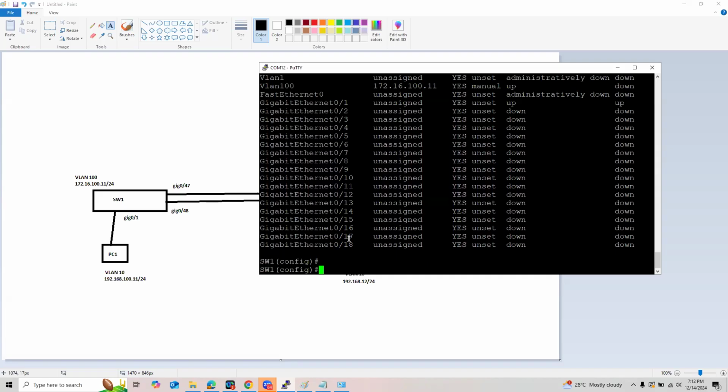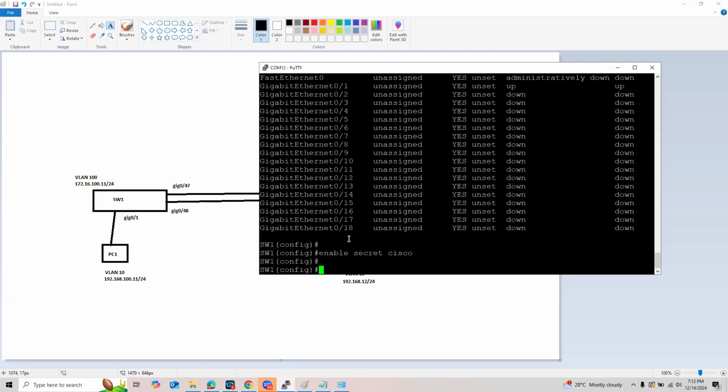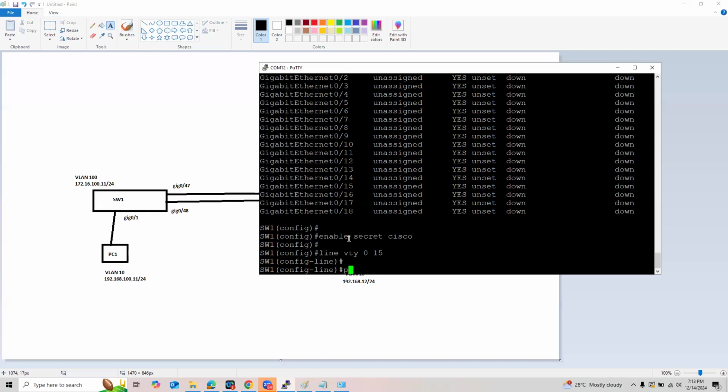So another requirement aside from already having assigned the switch an IP address, you need to have a password, so the enable secret password in place. Let's just make it simple, Cisco. All right. And then another thing is that in the line VTY, the virtual terminal lines, that's 0 to 15, sorry, you need to set at least a password here. Let us say our password is also NetAcad. Right, NetAcad. Then login.